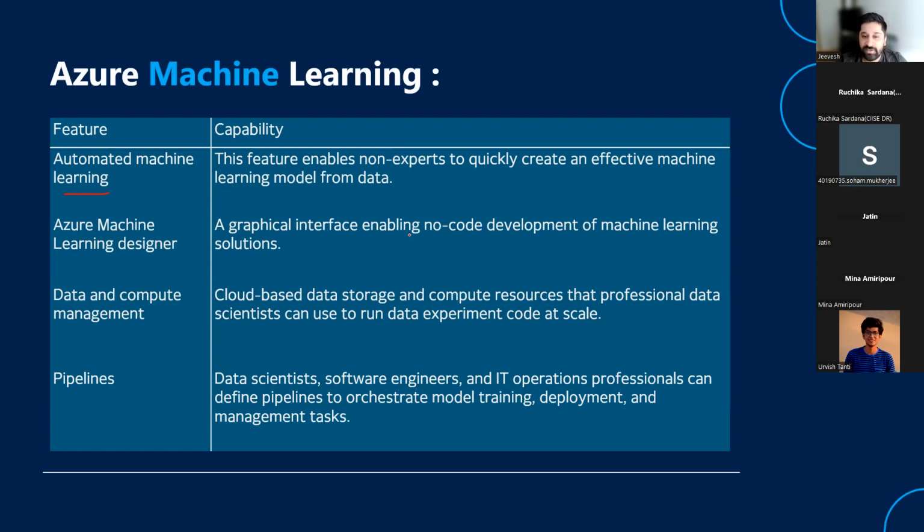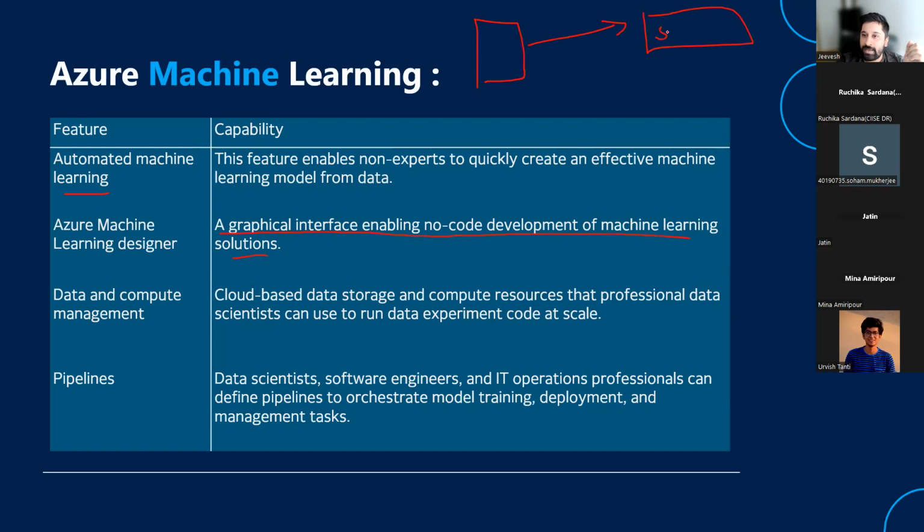This is a graphical interface enabled no code development of machine learning solutions. So here you have slightly more customization, like, this is what I want to be monitored. This is how the workflow will happen. If this is detected, please put it in this folder. If this is detected, put it in this folder. A very good example of this will be, let's say you're creating an email application which receives emails. You're working with an email server and developing a custom email solution. You could write code like, if so and so data is present in the email, put this in the spam box.